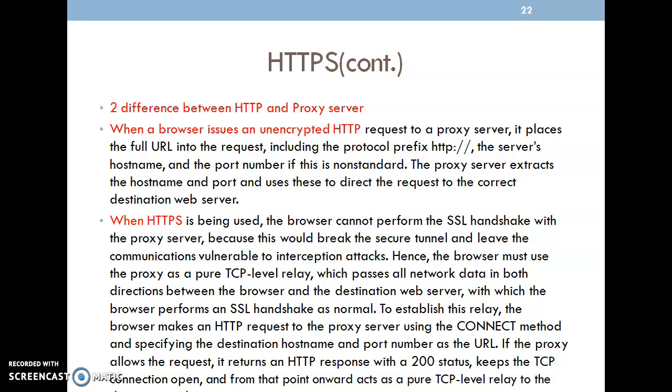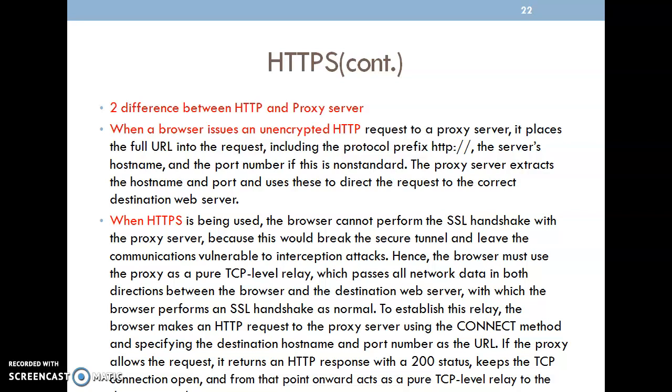Then with HTTPS, which makes use of the secure socket layer, it will not directly handshake with the proxy server. So whenever a request is sent, it will not perform a handshake with the proxy server, so that the tunnel they are using for transmitting the data will not be accessible to any other user.